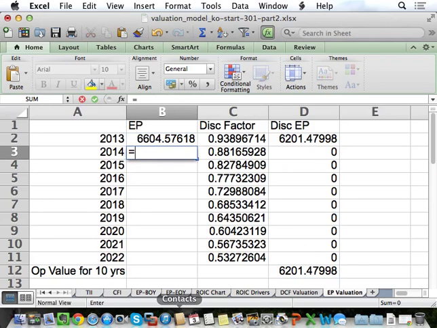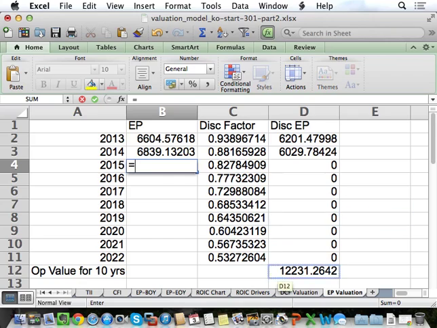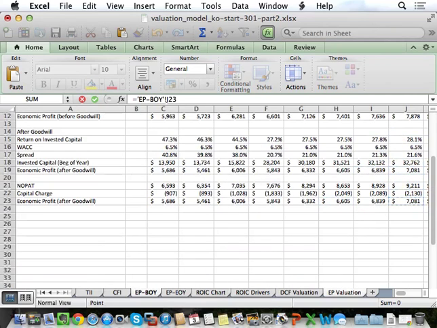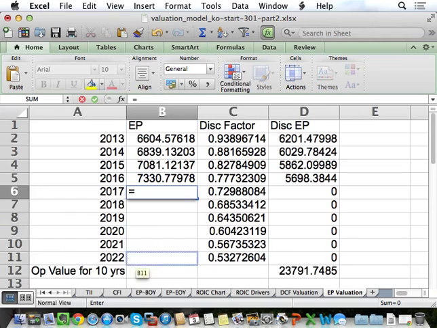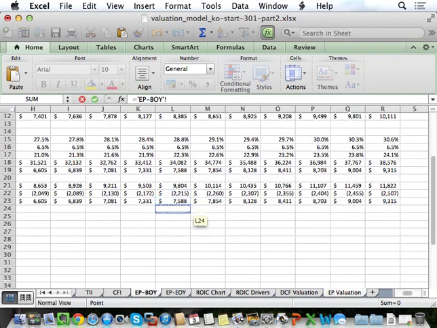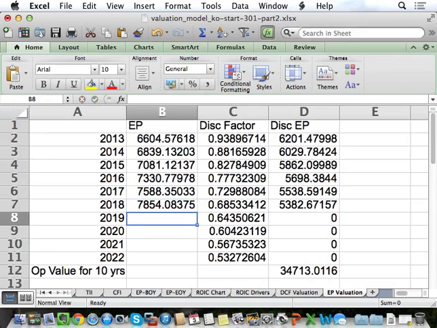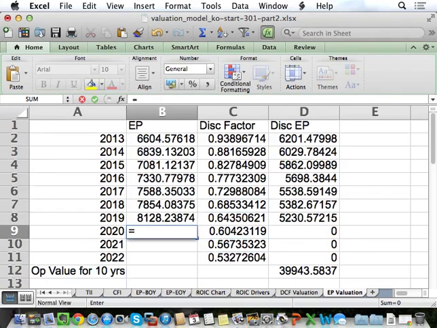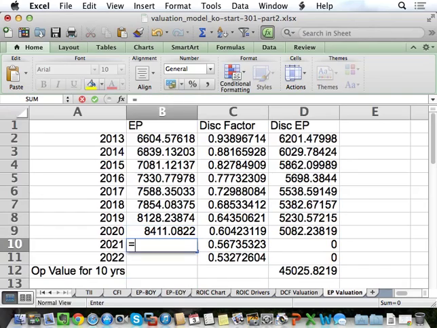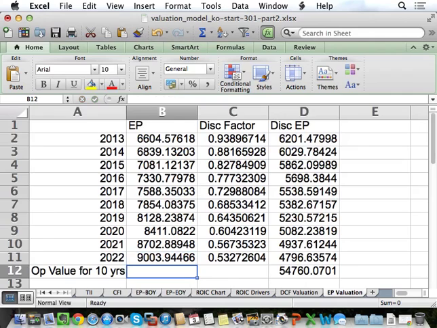2014 off the EP BOY tab is I23. 2015 is J23. 2016 is K23. 2017 off the EP BOY tab is L23. 2018 is M. 2019 is N. 2020 is O. 2021 is P, and 2022 is Q. So just make sure